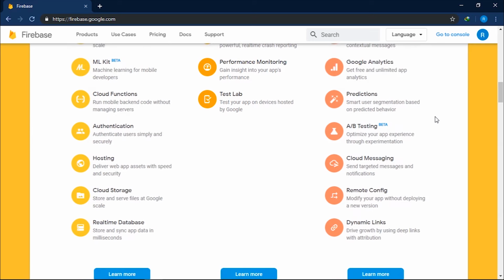Now let us talk about remote config. Imagine that you have two features, feature A and feature B. Through analytics, you have determined that feature A is liked by a particular group of users and feature B is liked by a different group of people, but they do not like both features, and this is creating some ruckus among your user base. So you have to make a choice.